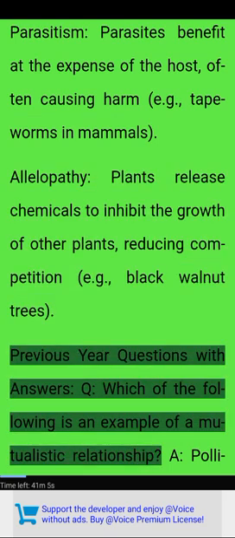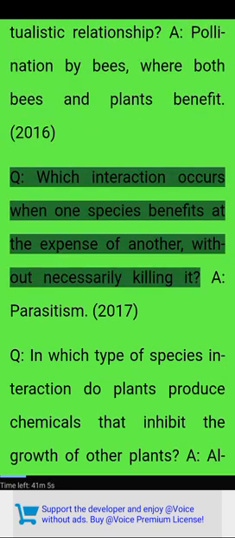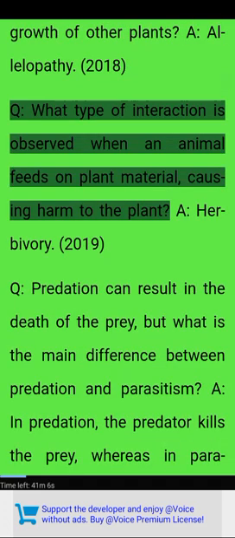Previous year questions with answers. Q. Which of the following is an example of a mutualistic relationship? Pollination by bees, where both bees and plants benefit. 2016. Q. Which interaction occurs when one species benefits at the expense of another, without necessarily killing it? Parasitism. 2017. Q. In which type of species interaction do plants produce chemicals that inhibit the growth of other plants? Allelopathy. 2018. Q. What type of interaction